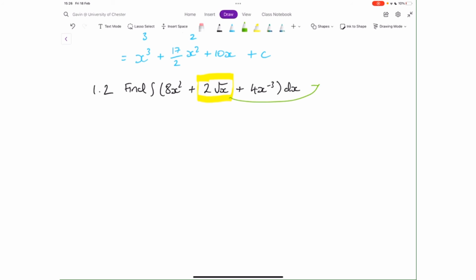Just going to put that into a friendlier format. Of course, 2 times the square root of x is equal to 2 times x to the half. So we can rewrite this slightly. So now we're trying to find 8x squared plus 2x to the half plus 4x to the minus 3,